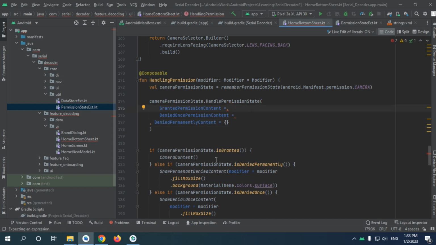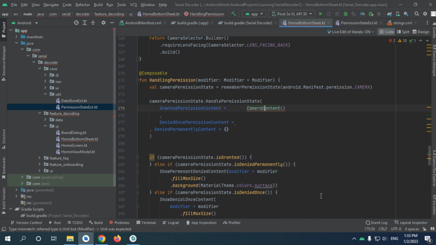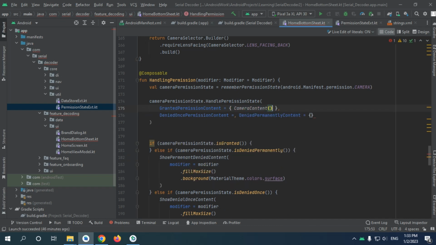And now for the granted permission, I will say camera content, which is change the type. I'm not sure what's exactly, but just add this one as camera content,